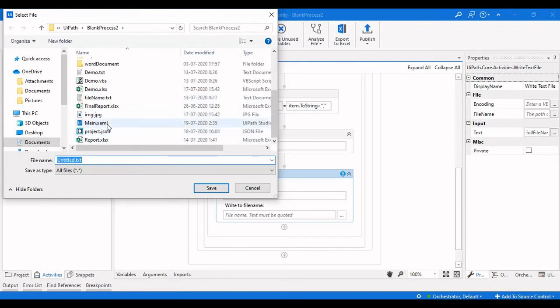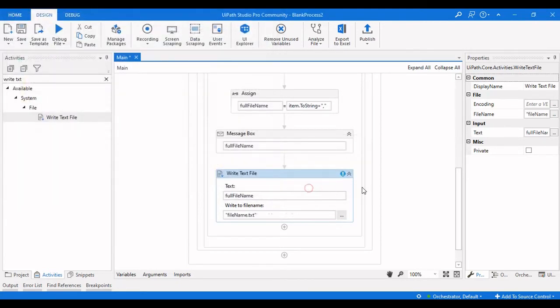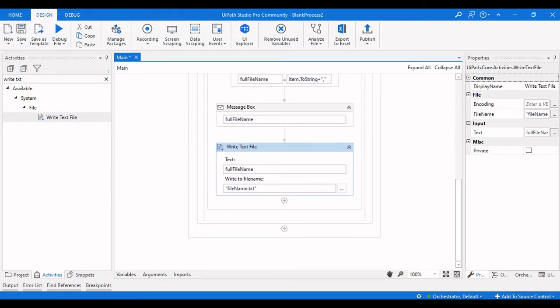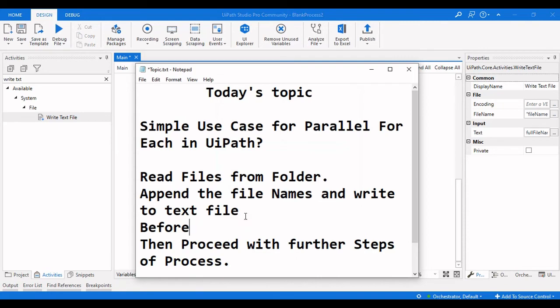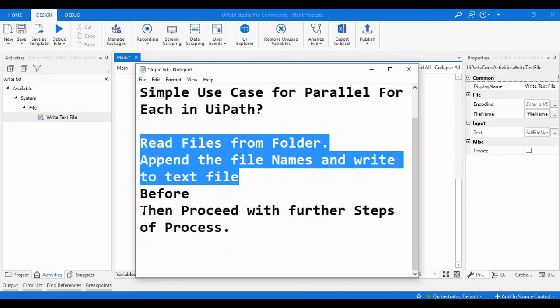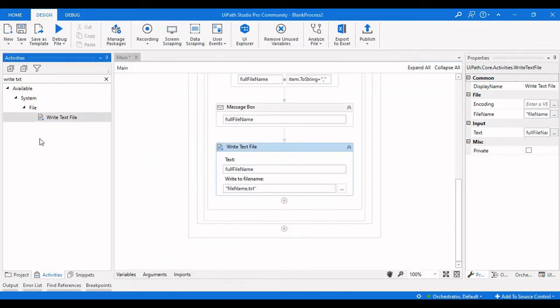Here I have a file name text file. Okay, this file name text file. So now I also return the text file here. So up to here before proceeding to the next step, let me take a message box over here.